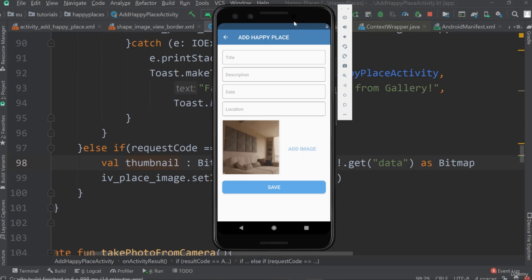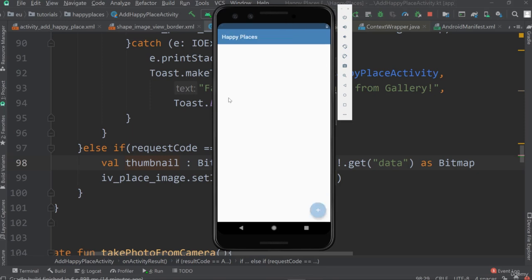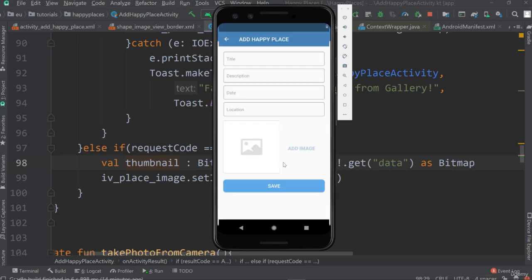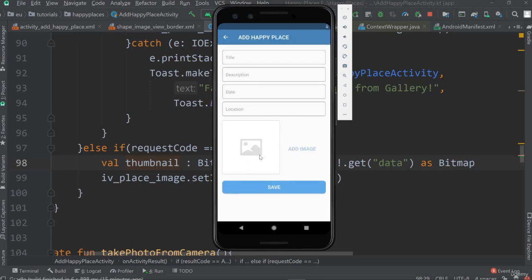And we want to have the image, of course, in our Happy Place app here in this screen, where we will then later on have all of our happy places in a list view. All right, so how do we get that? How do we fix that issue and store the image permanently? Well, we can just go ahead and take that image and then add the code to store it